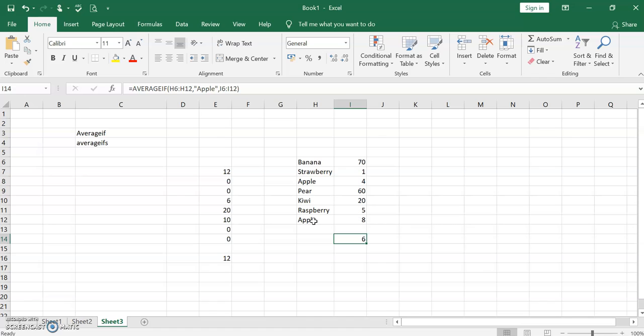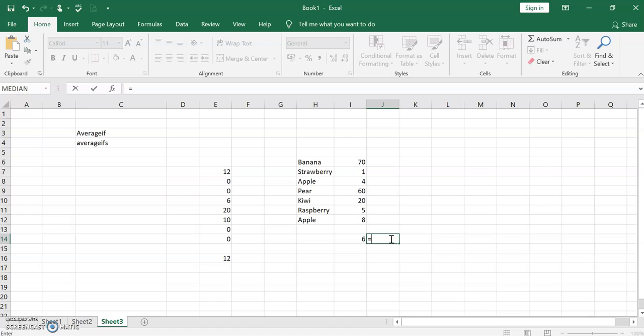Similarly, you can exclude banana. For example, if you want to find the average for all the fruits except banana, how do you do it? If you remember, for SUMIF we gave a criteria to exclude one particular item, so it summed all the other values in the cells. Similarly, for average you can give it. So AVERAGEIF, I select the range H6 to H12 and give the criteria.